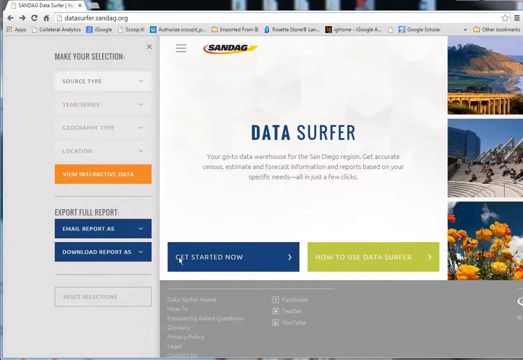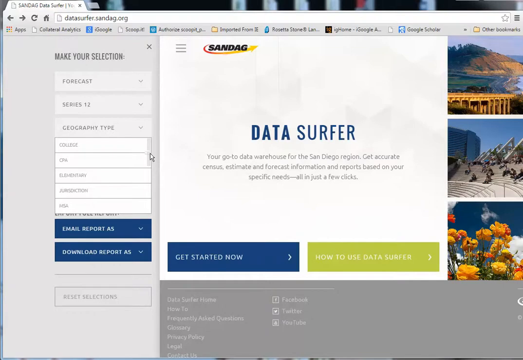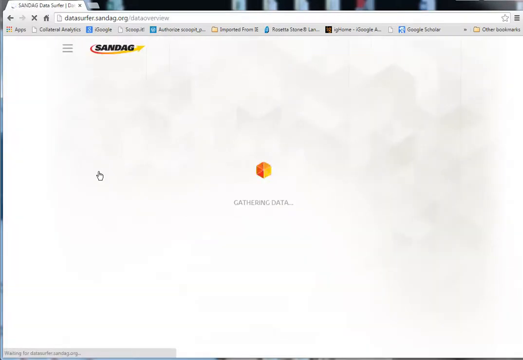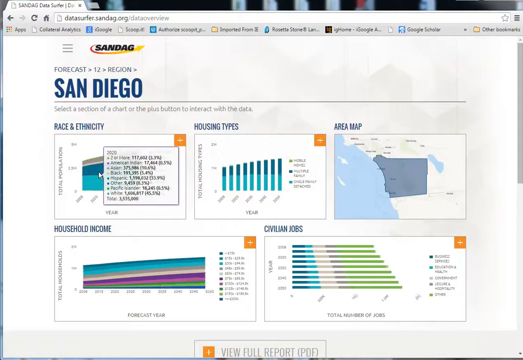I hit get started. I clicked on that. I see source type. I could take historical data, census. I could use estimates, or I could use a forecast, and that's what I'm going to do now. I'm going to pick series 12. For the geography, I'm going to pick the region. The location will be San Diego, and I can view the results right away, almost right away, and here we